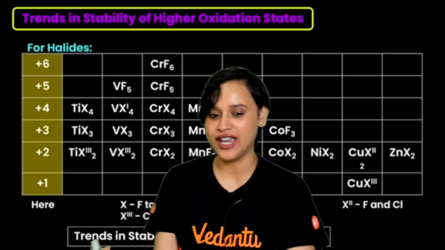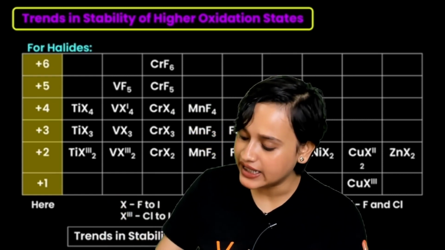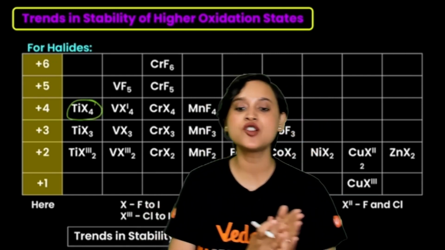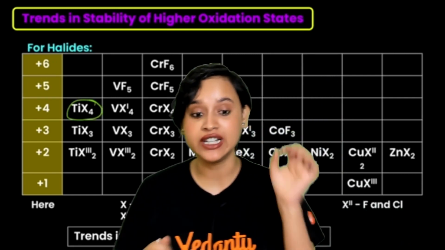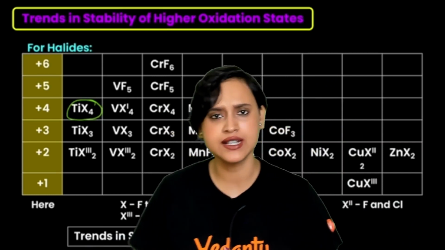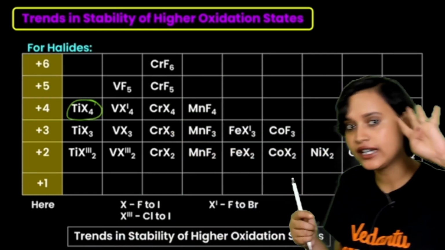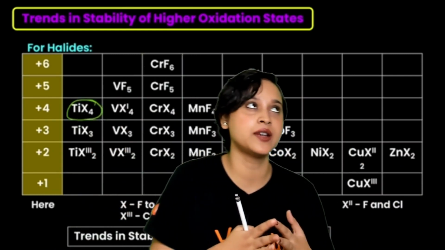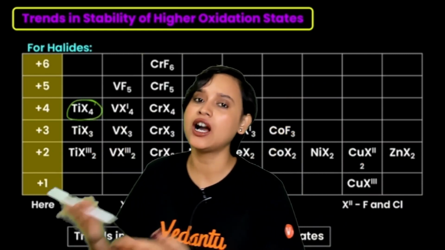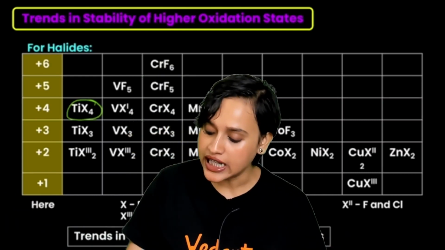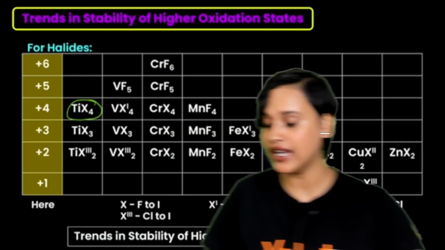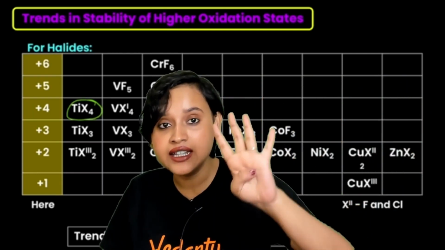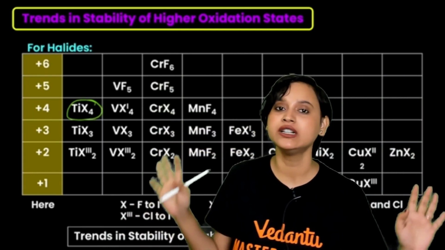Okay, everybody. Do you see here that titanium, TiX4? The highest oxidation numbers are achieved. It is a tetrahalide. Obviously, you can see that X4. There are 4 halides. What is X? X is basically a halogen. X can be fluorine, chlorine, bromine, iodine, all of that, right? So TiX4 here, everybody, it's a tetrahalide and the highest oxidation number is achieved at +4,